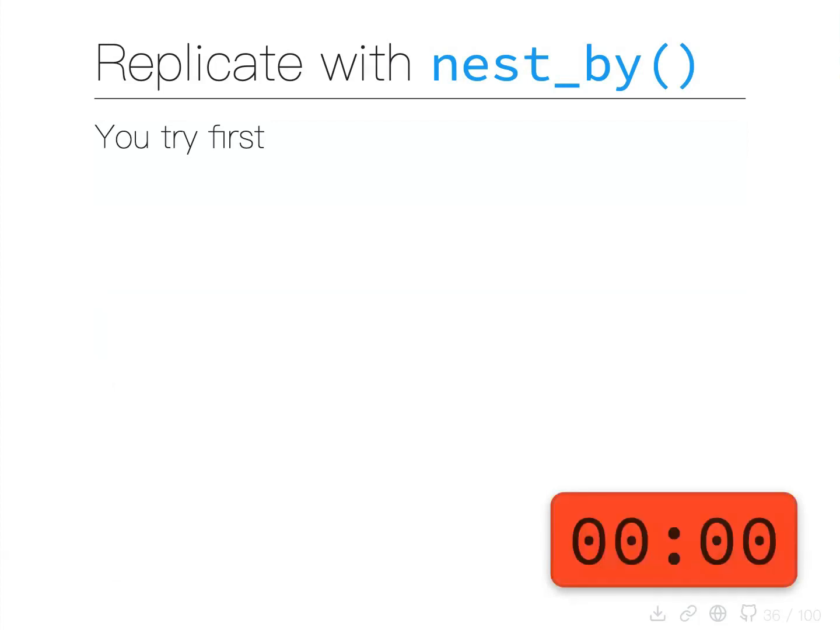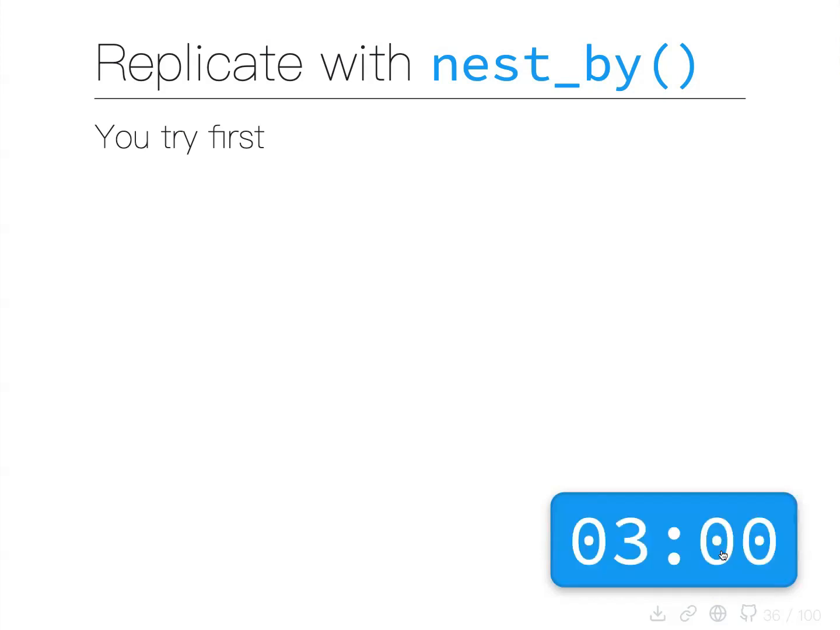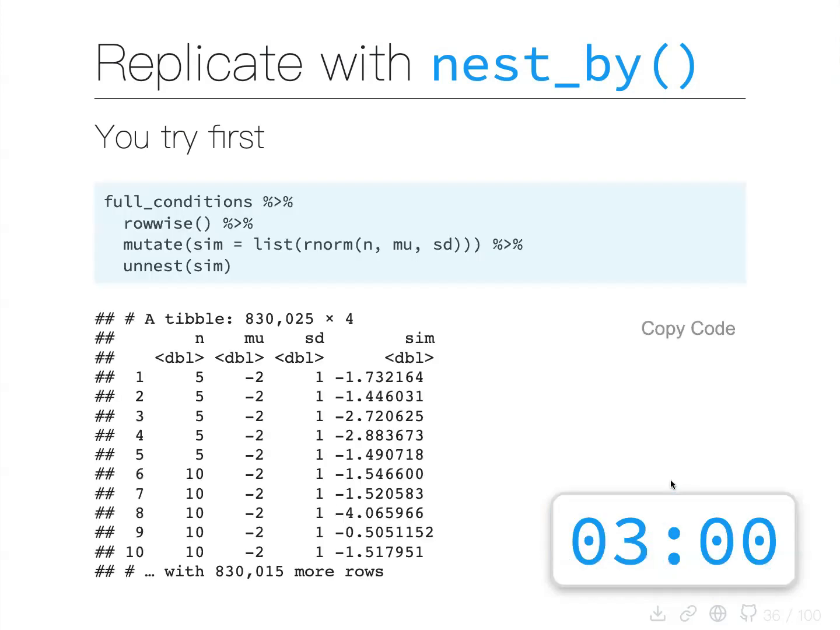All right, so this is how I would do it. Full conditions, taking the full conditions data frame, I'm going to pass that to rowwise. So that creates a rowwise data frame. And then I can mutate to create the new object called sim, where I'm going to just say list rnorm and mu sd. Okay, so in this case, the syntax is quite a bit more brief,